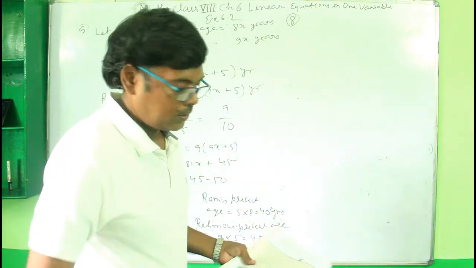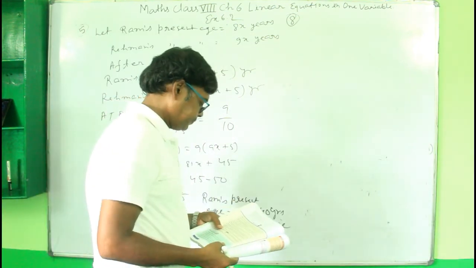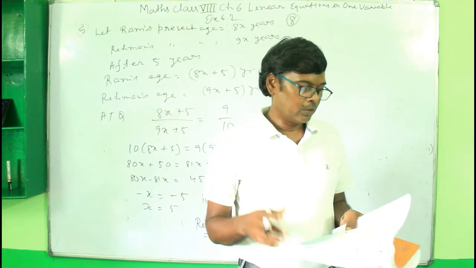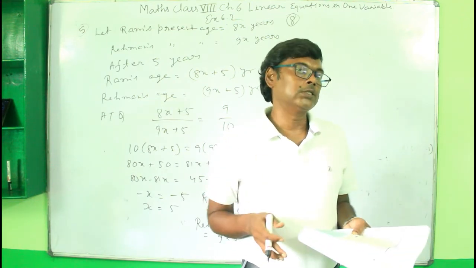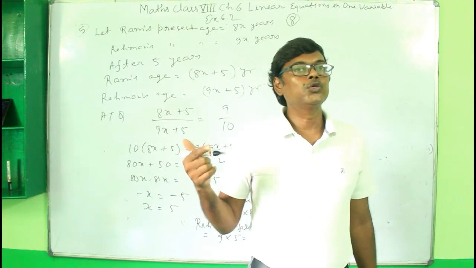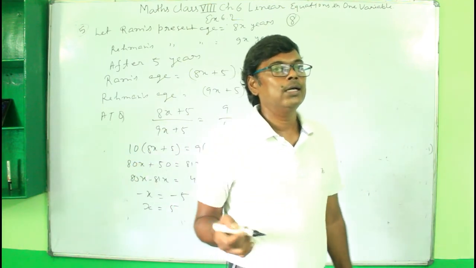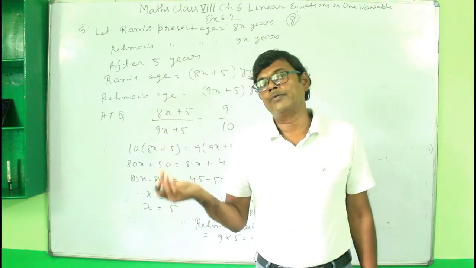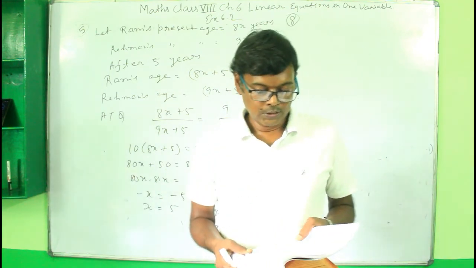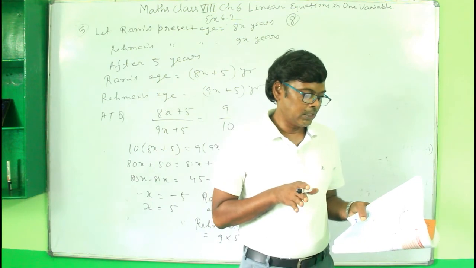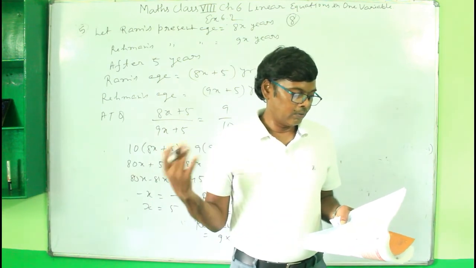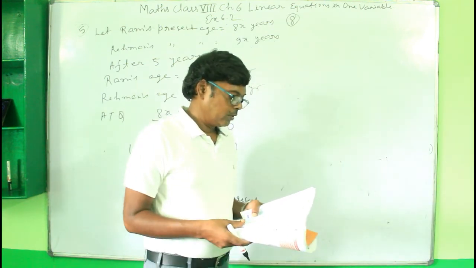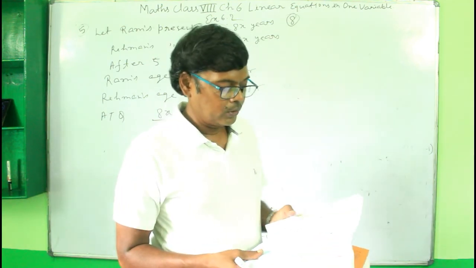So here you are given a motorboat covers a distance upstream in 6 hours. Upstream means it is going opposite to the stream, and in that case it takes 6 hours. And when the boat is going downstream, it takes only 5 hours. And you are given the speed of water is 3 km/h. Then find the speed of the boat in still water.